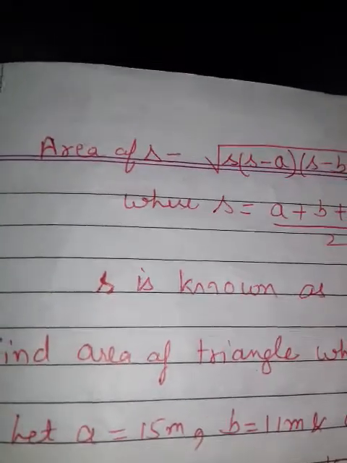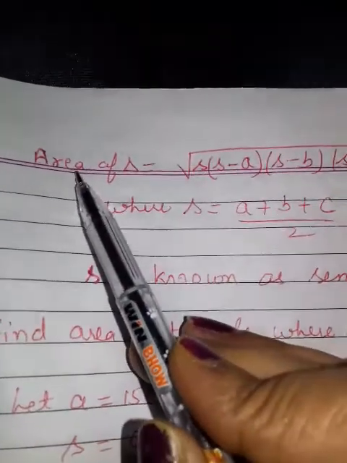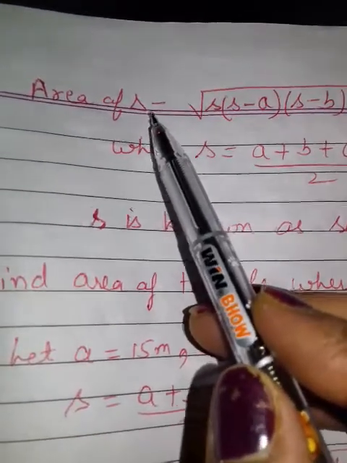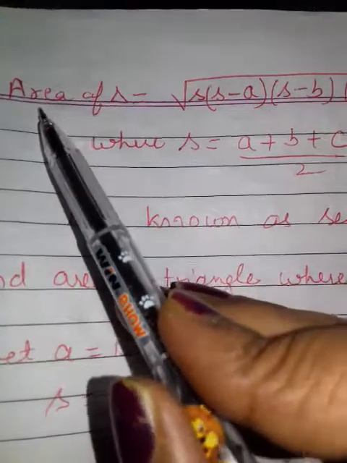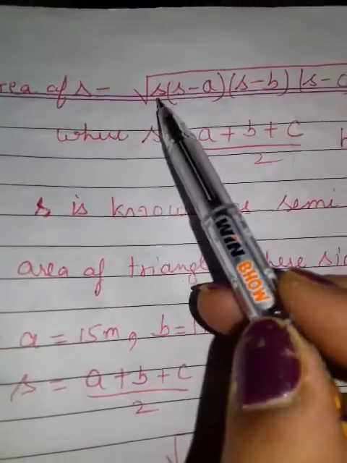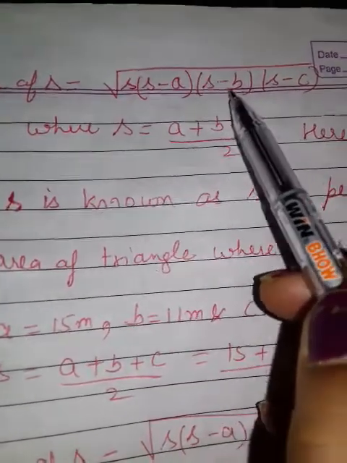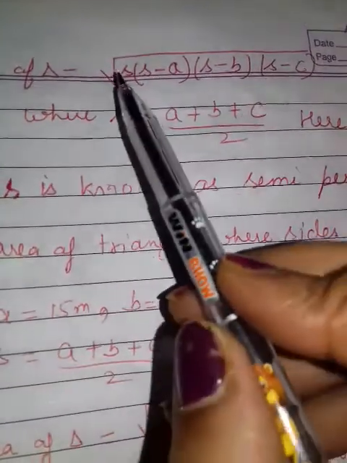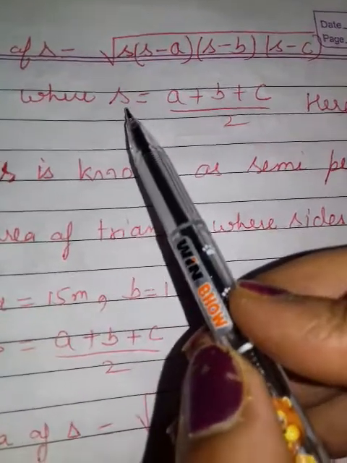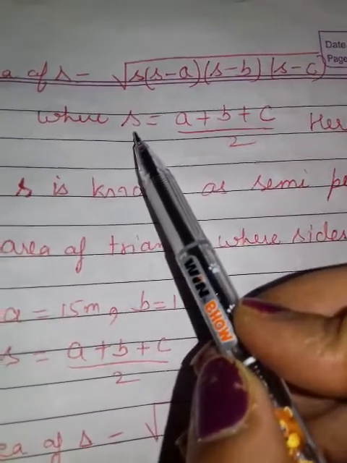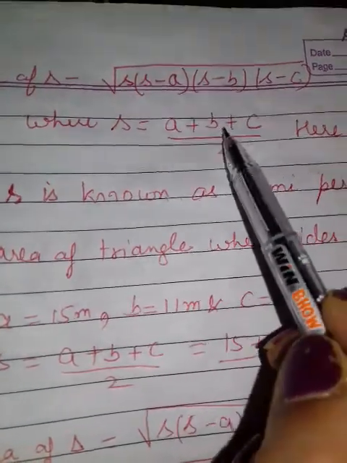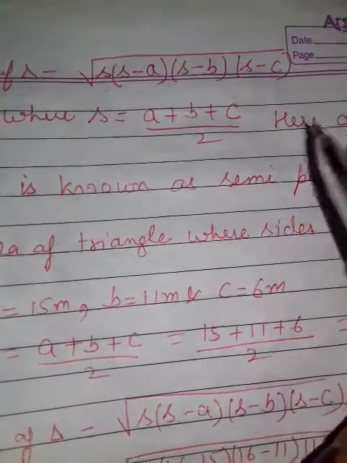Now, firstly I am telling what Heron's formula is for finding the area of a triangle. This is mainly based on the triangle. With the help of the triangle you can find other areas. Area of triangle is equal to square root of S into S minus A into S minus B into S minus C. Now you are thinking what is S? S is the semi-perimeter. Semi-perimeter means the sum of all sides divided by 2, where A, B and C are the sides of the given triangle.